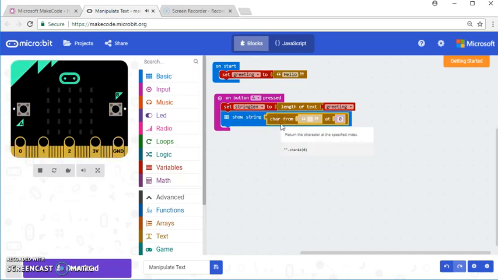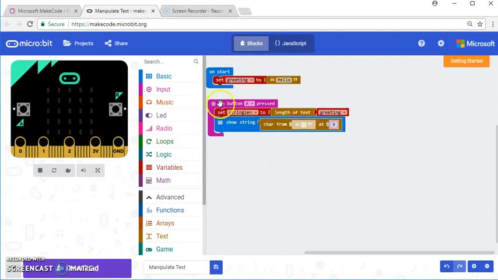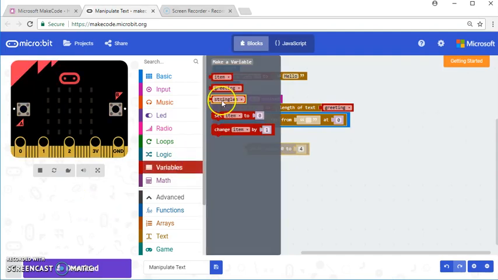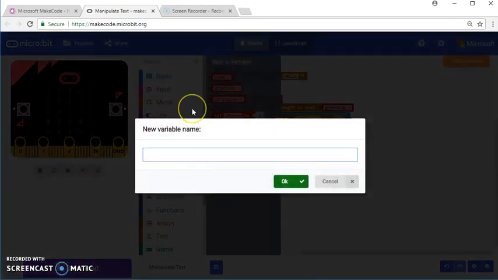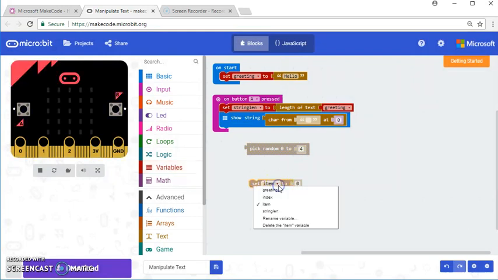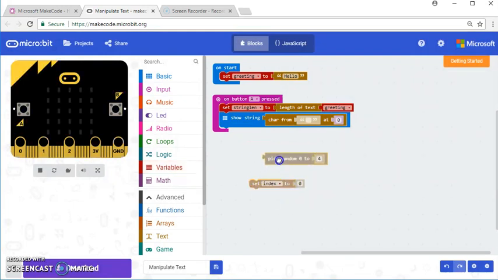So we're setting this up now. I need to pick my random number first. So we'll just go across into map, and I'm going to pick random 0 to 4 here. So I'm going to create a variable. I'm going to call it index, because I'm looking for the index within this particular string. I'm going to click OK on that. I'm going to set index to pick random 0 to 4, and I'm actually going to set it